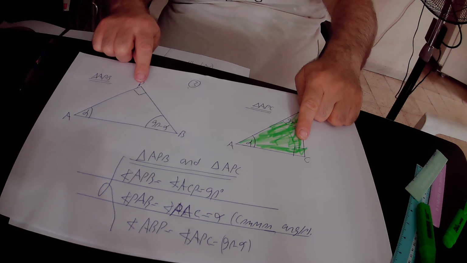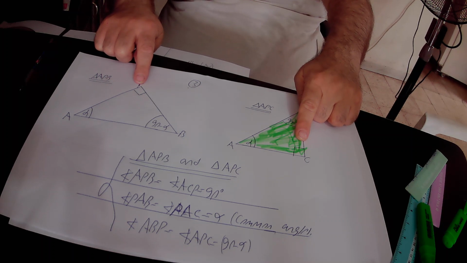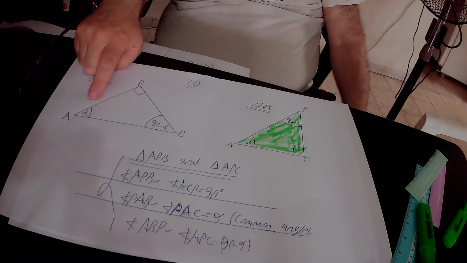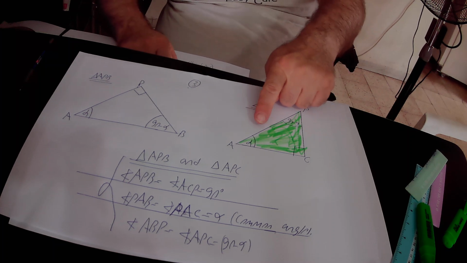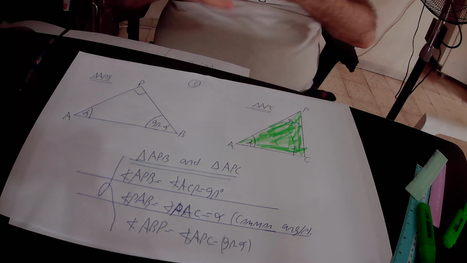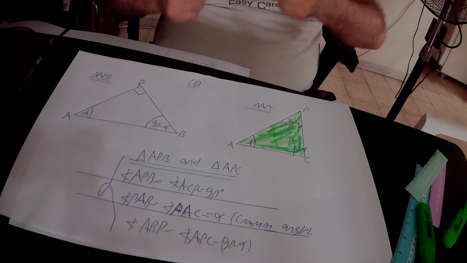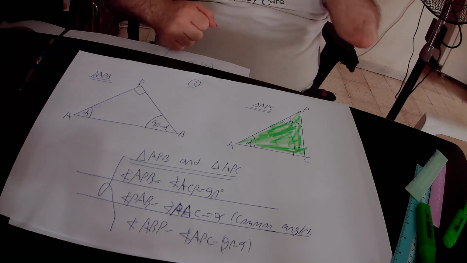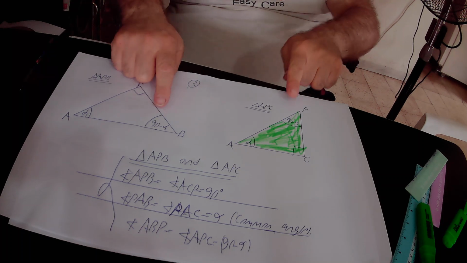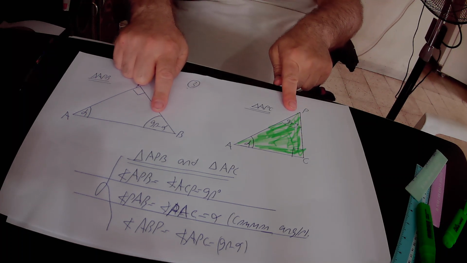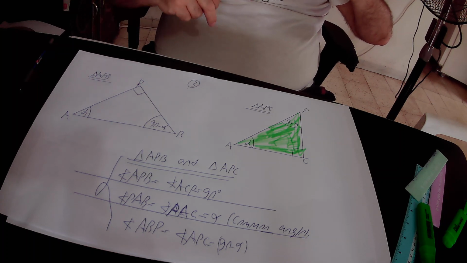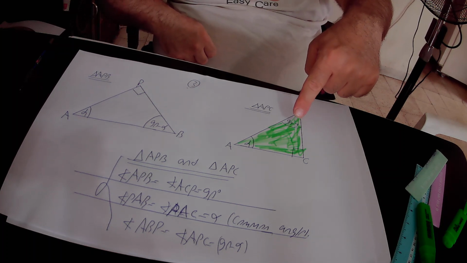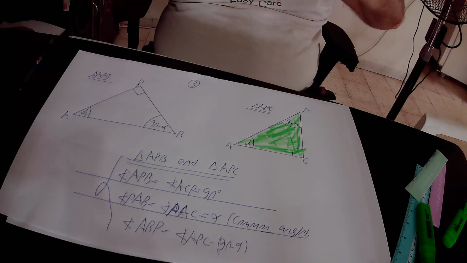First of all, those two angles are both equal to 90 degrees, therefore they are equal to each other. In addition, this is angle alpha, a common angle that belongs to both triangles. We have angle alpha also in the green triangle, so angle alpha equals itself as a common angle. And finally, those two angles are both equal to 90 degrees minus alpha, therefore they are equal to each other. So I proved that all three angles in this right triangle APB are correspondingly equal to all three angles of this green triangle APC. Therefore, those two right triangles are similar to each other